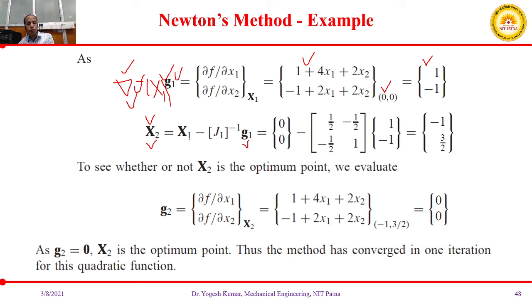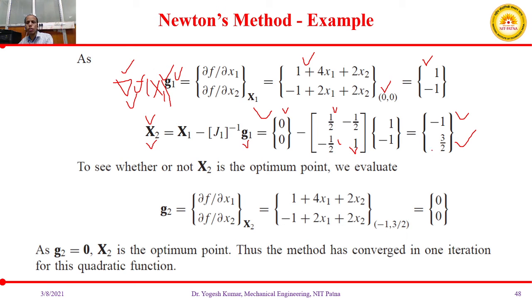So this will be x1 minus J1 inverse g1, equal to [0, 0] minus [1/2, -1/2; -1/2, 1] multiplied by [1, -1]. If you solve it, this will come to x2 equal to minus 1 comma 3 by 2,